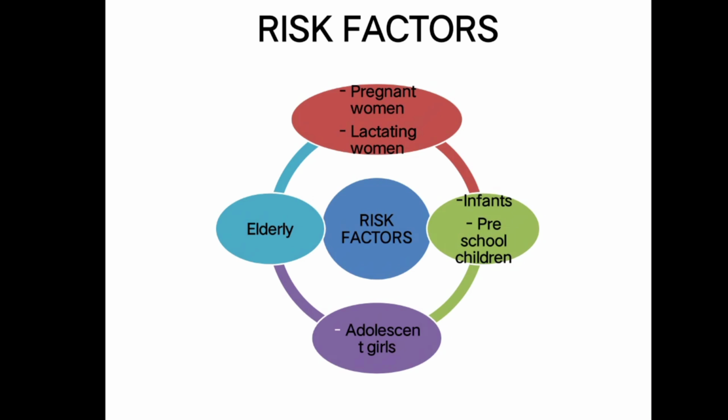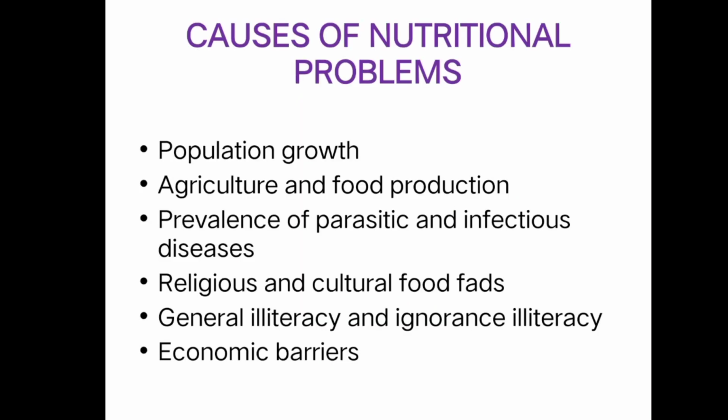So infants and preschool children, due to the poor dietary habits, that is the difficulty in feeding them, all that causes them to fall into this risk factor group. And geriatric populations, due to some physical conditions like inability to swallow, heartburn, and some gastrointestinal disturbances like vomiting and nausea, all these cause less intake of food in the geriatric populations. And pregnant women, lactating women, same, due to their high consumption of food, they need more kilocalories.